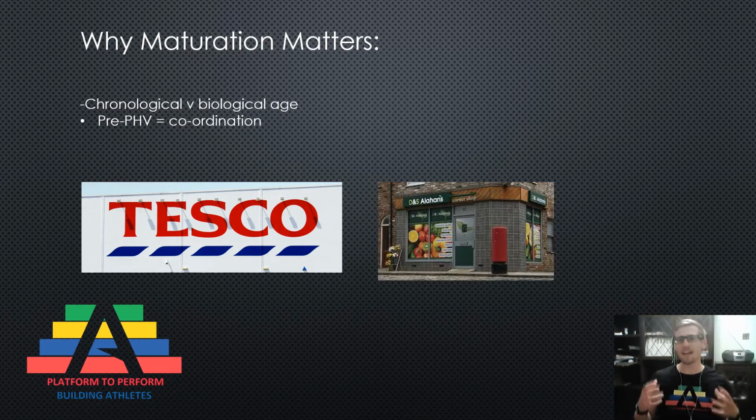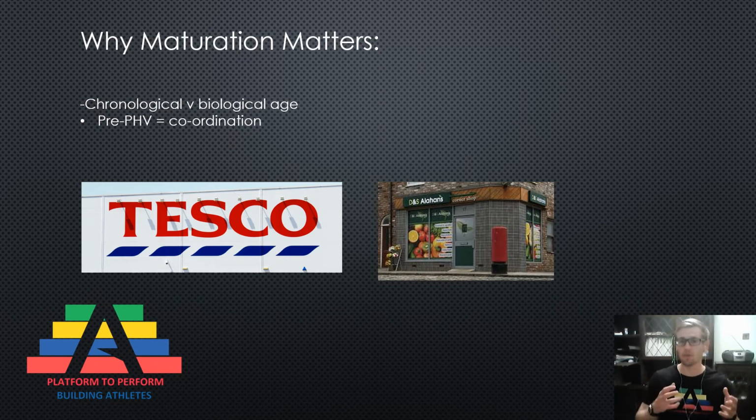So the analogy I like to give, when we think about coordination and also the growth spurt, is if you imagine a corner shop and how efficient they're going to be at getting their employees to do certain tasks, and then, for example, that's pre-peak height velocity or pre-growth spurt. And if you imagine a major franchise like Tesco and how easily they're able to mobilize employees just simply because they've got more of them, that is post or circa PHV, or peak height velocity, when you've got a load of muscle or motor units, or employees in Tesco's case, to be able to complete a task.